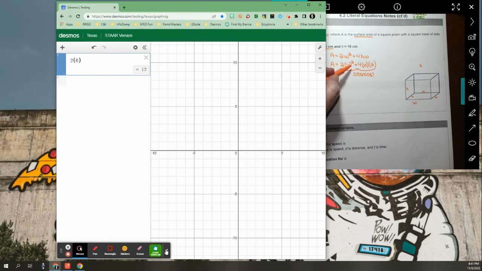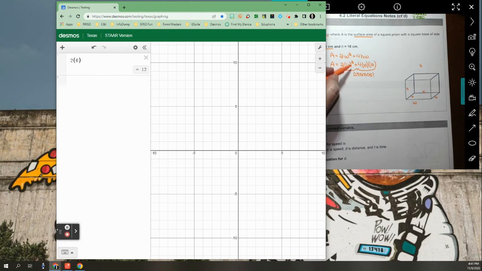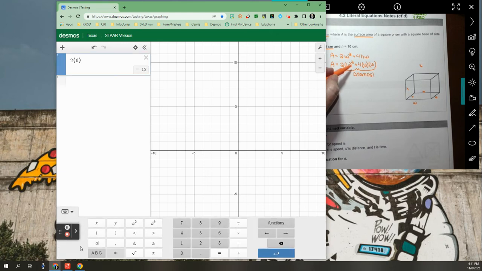So it's not letting me pull up my little calculator here. Hold on. Give me just a second. It's giving me fits. There we go. So I have 2 parentheses 6, and I need to have my exponent of 2. Look at that. That's so exciting. So I have 2 open parentheses 6, close parentheses 2, plus